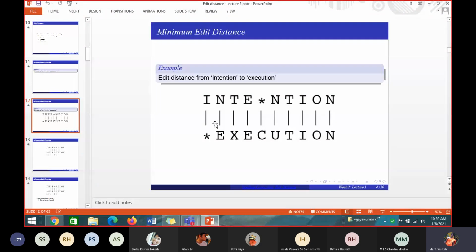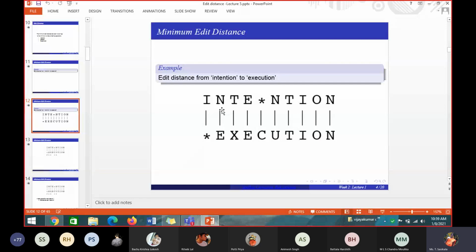See here, I am replacing with star. So here it is deletion. In my original string, in my output string, I have deleted here, so I have given star here. Why I have deleted, I'll tell you later. Okay, N, it is replacement. N is replaced with what? Substitution happens. N is substituted by E.